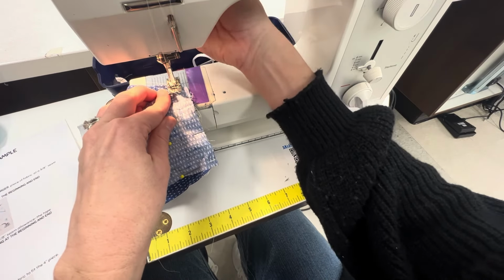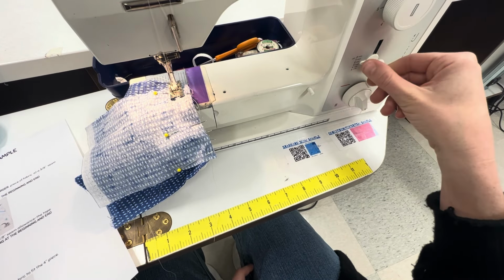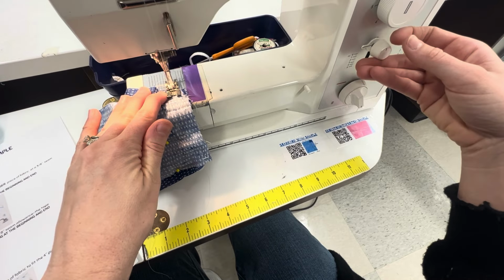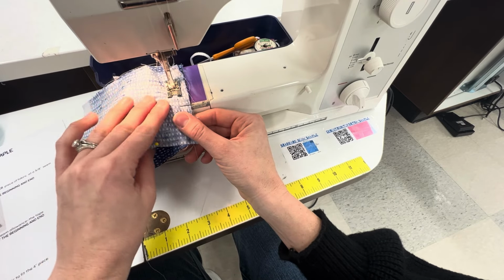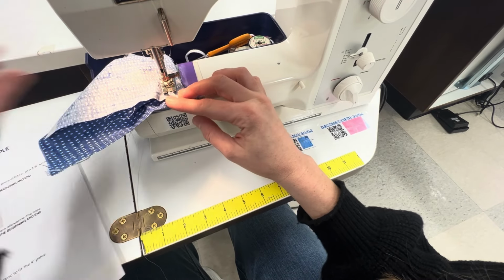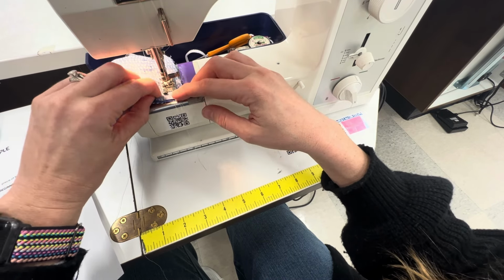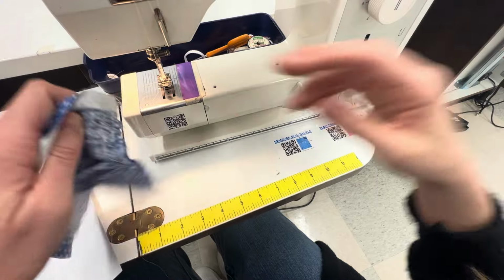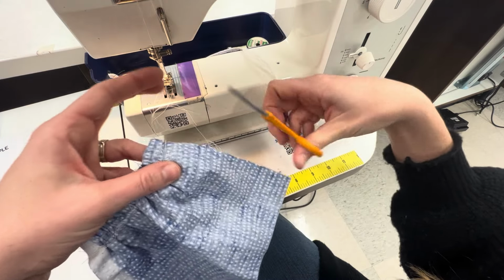And then I'm going to sew these together at 5/8 inch. However, I want this to be permanent. I'm not basting anymore, so I'm turning it back to 2.5, and I am going to backstitch. So I'm backstitching first, and then sewing at 5/8 inch along the tape. Keeping my edges even. And backstitching. And then when you are finished, you will trim all your threads nicely and make sure that